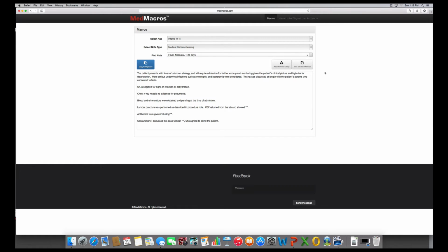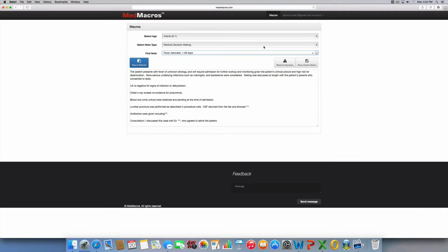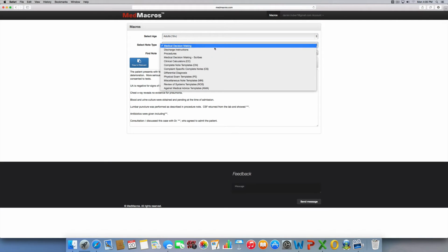If you have a custom version of something you want to save, just click on this. It'll save it up to our site, and it will be renamed a version for you, and then to report an inaccuracy right there. Now, in addition to the large amount of medical decision-making macros we have in the system, there's a lot of other areas that are going to add just a ton of value and make your life a lot easier. So just to briefly touch on these,